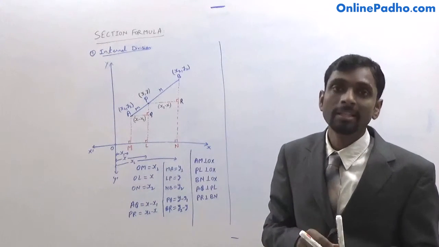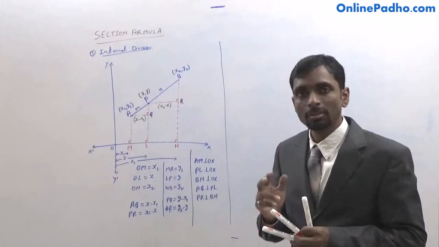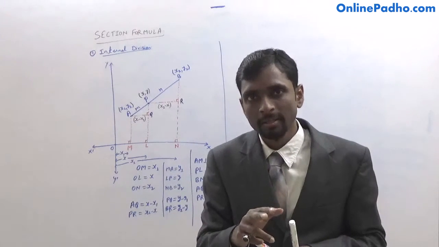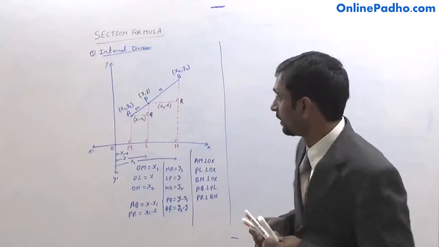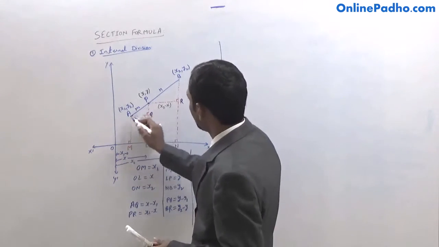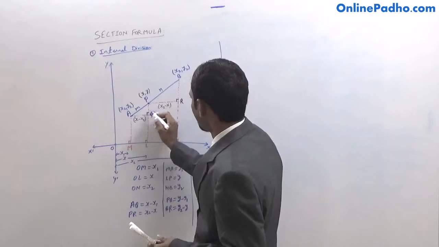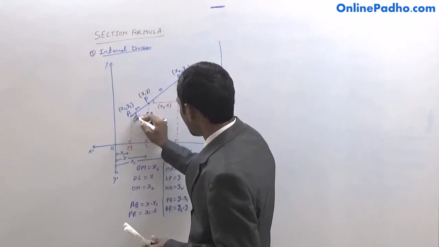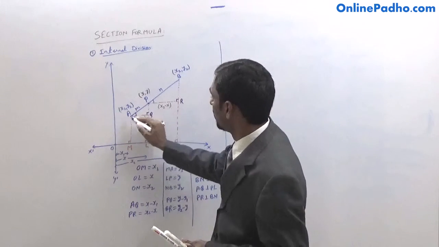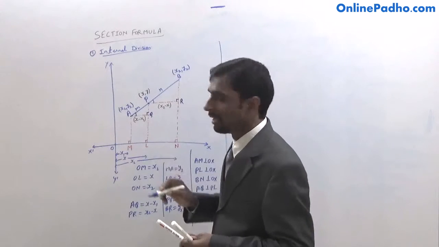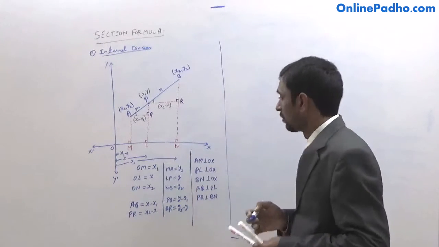So now we can relate these two triangles as similar triangles. Why? Because if two triangles are similar, then the ratio of their corresponding sides is the same. These two angles are 90 degrees each, and this angle is equal to this angle by corresponding angles, because these two lines are parallel and this is the transversal. So we can say